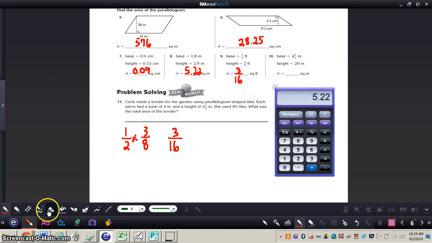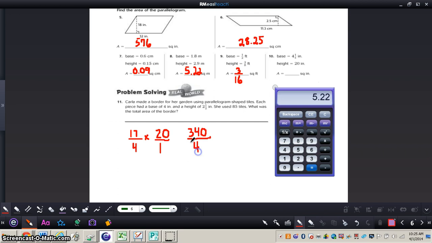Now, what I will do is set up the next one for you, and then I'll have you complete the problem all by yourself. We have 4 and 1/4 inches times 20 inches. Okay, and what you can do here, we will take that 4 and 1/4, change that mixed number to an improper fraction, giving us 17/4. We're going to multiply that times 20 over 1. Okay, and so when we multiply that, we have 17 times 20, which will give us 340